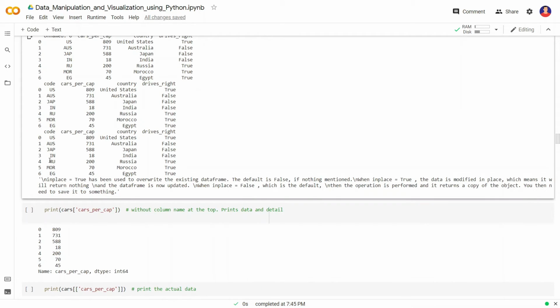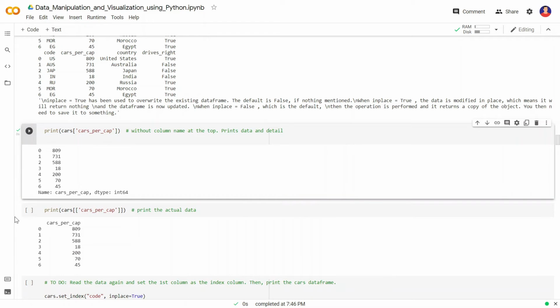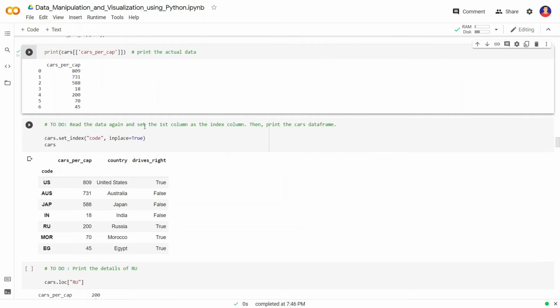Now let's print cars per capita without the column name at the top. If we want to print without the column name at the top, we can just run it like this, and we are printing the actual data with the column name at the top. Now we have to read the data again and set the first column, that is the code, as the index column, and print the cars data frame.